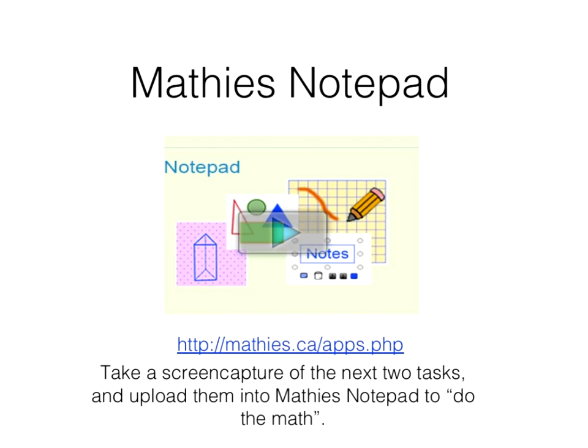But otherwise, we're going to take a screen capture of the next 2 apps and upload them into Matthew's Notepad, which is just what I just showed, to do the math. I do think we have potential for digital math these days, especially with fairly ubiquitous tablets and Chromebooks. In a lot of these webinars I haven't emphasized that as much.